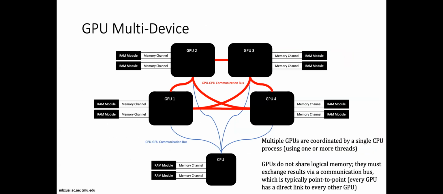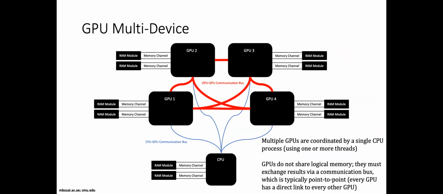And GPU multi-device, multiple GPUs plugged in the motherboard. You have a GPU to GPU communication bus, such as NVLink. You also have a slower CPU to GPU communication bus, PCI Express. I've shaded the lines in different thickness because communicating from GPU to CPU is slow, but communicating from GPU to GPU is fast. What that means is that you only ever want to load the